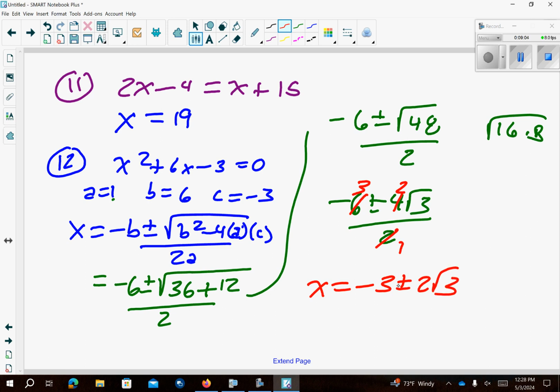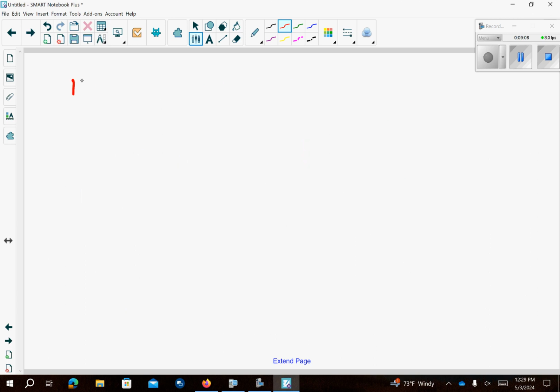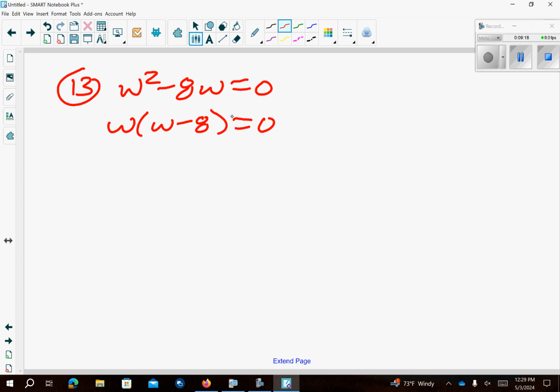Okay, backside. Number 13, I get w squared minus 8w equals 0. I can factor w out of both. So one answer is w equals 0. The other answer is w equals 8. Number 14,